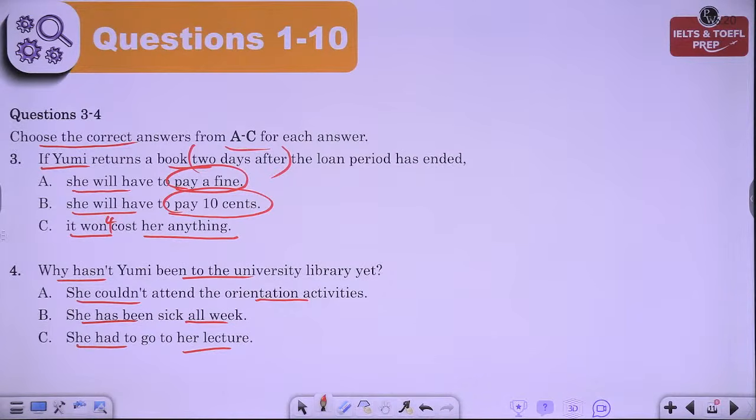How long can I borrow books for? The loan period for books is about a month, but you can easily extend the time for another month if you want to. You can even do it over the phone, but it has to be arranged before the due date. What about the university library? Haven't you been there yet? No, not yet. I was sick for the orientation week and I missed out on the campus tour. Well, Yumi, I've got an hour before my next lecture. Why don't we walk up together and have a look around? Oh, that'd be great, Marianne. I'd really appreciate it.